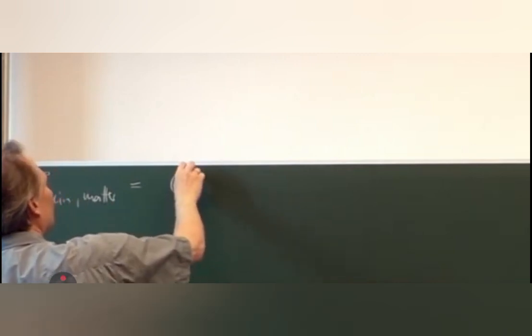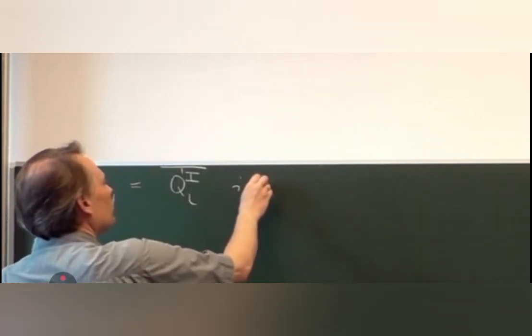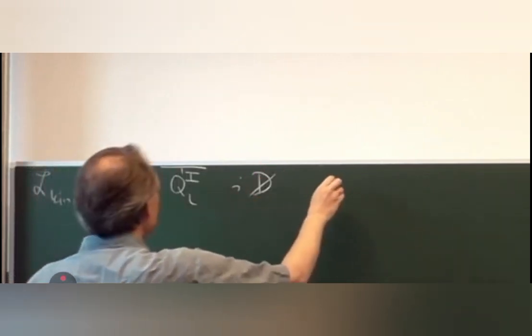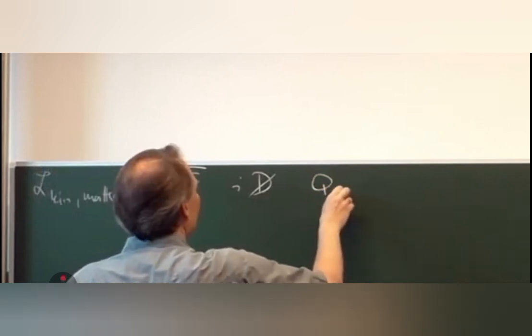And so let us begin with a quark multiplet here. QLi prime bar with the ordinary covariant derivative. QL